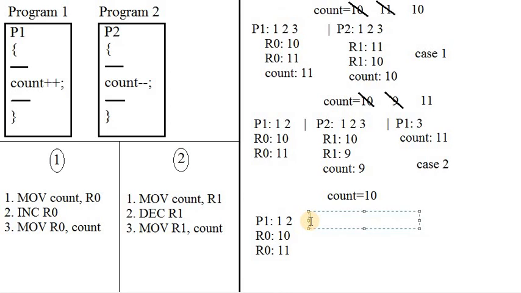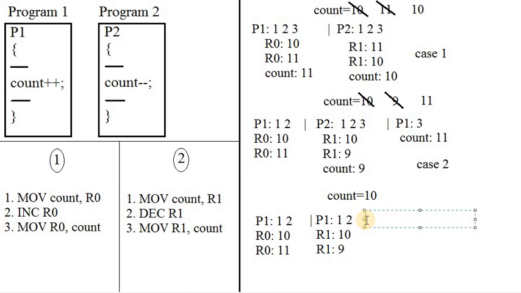That is, let us execute P2 with 1 and 2 instructions. So what will happen? R1 will become 10 only. Why? Because the count variable value is not yet updated, so it is showing the default value as 10 only. So R1 here also becomes 10 only, and R1 will be incremented in the second statement. Sorry, decremented in the second statement. That means R1 will become 9. Okay, R1 will become 9.